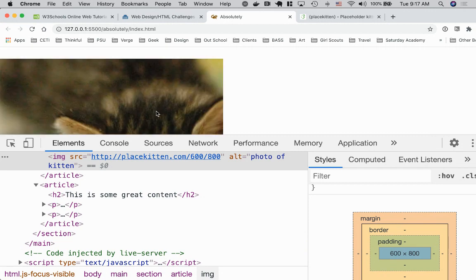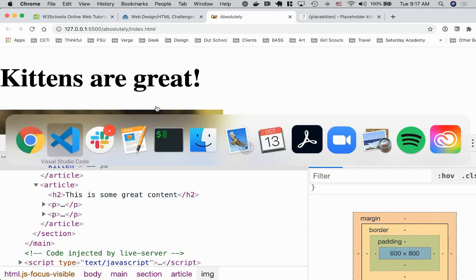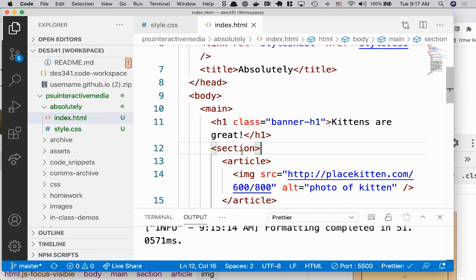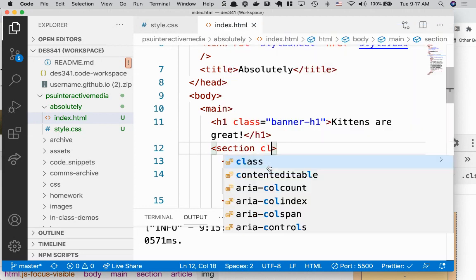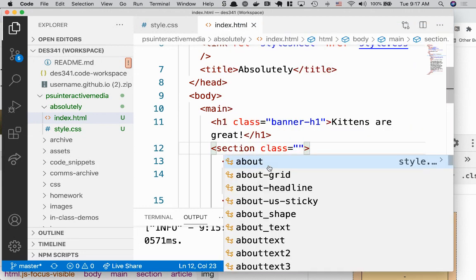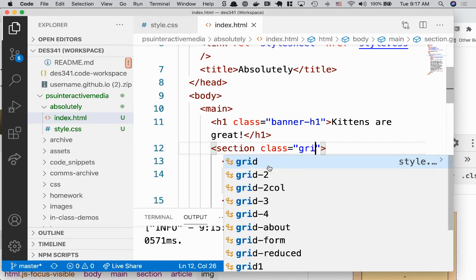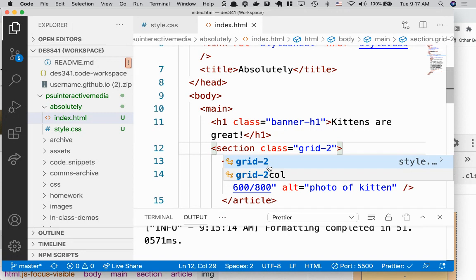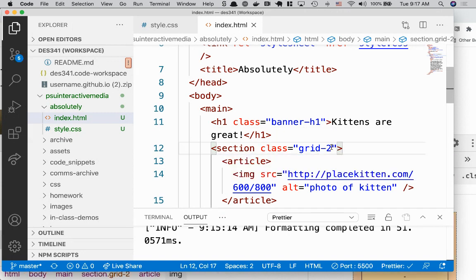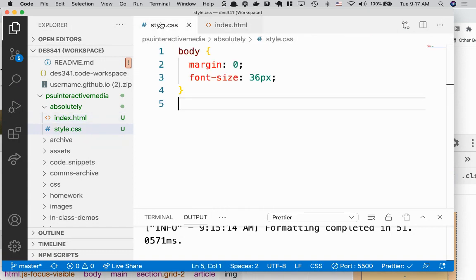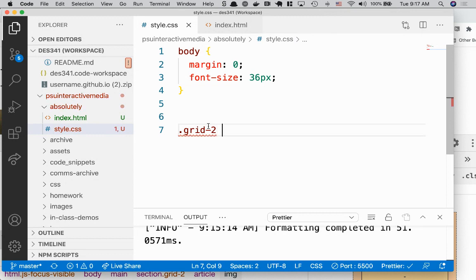Okay, so let's mess up the default. So I'm going to give my section a class name. And because with grids, a lot of times you'll have a perfect 50% grid, I like to call them generic names so that I can reuse them. So I'm going to say class equals grid-2. And in style, I'm going to say dot grid-2. So dot because I called it a class. And then I'm going to say display